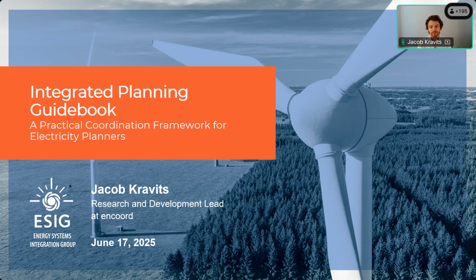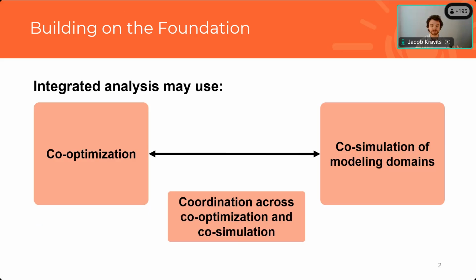So the name of the game with this guidebook is practicality. How can we give planners a single approachable reference to help them along their integrated planning journey, no matter what stage they're in? Integrated planning isn't an all or nothing approach, right? How do we unlock value along the way? These were some of the guiding principles of the Integrated Planning Guidebook. But the great thing is that this resource wasn't prepared in a vacuum. We actually get to build on the foundation that Aaron just laid out in that foundations paper.